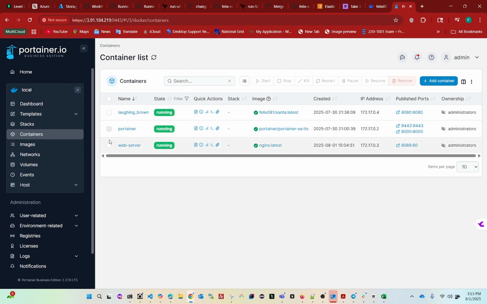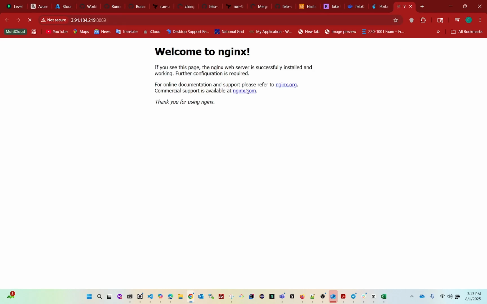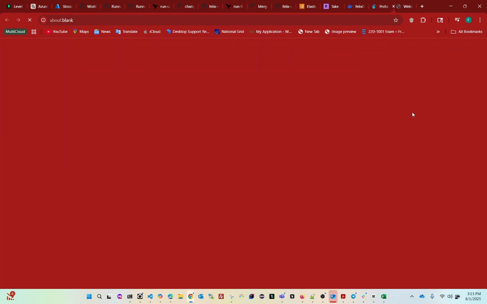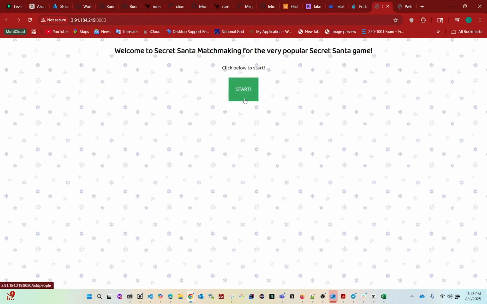What I mean is, instead of copying the IP address to the browser, you can just head up to your published port. For instance, if I want to access the Nginx web server, I can just click here, and it's going to take me directly to the Nginx landing page. Also, if I want to access my Santa container, I can just click directly on the port, and it's going to take me to the Santa